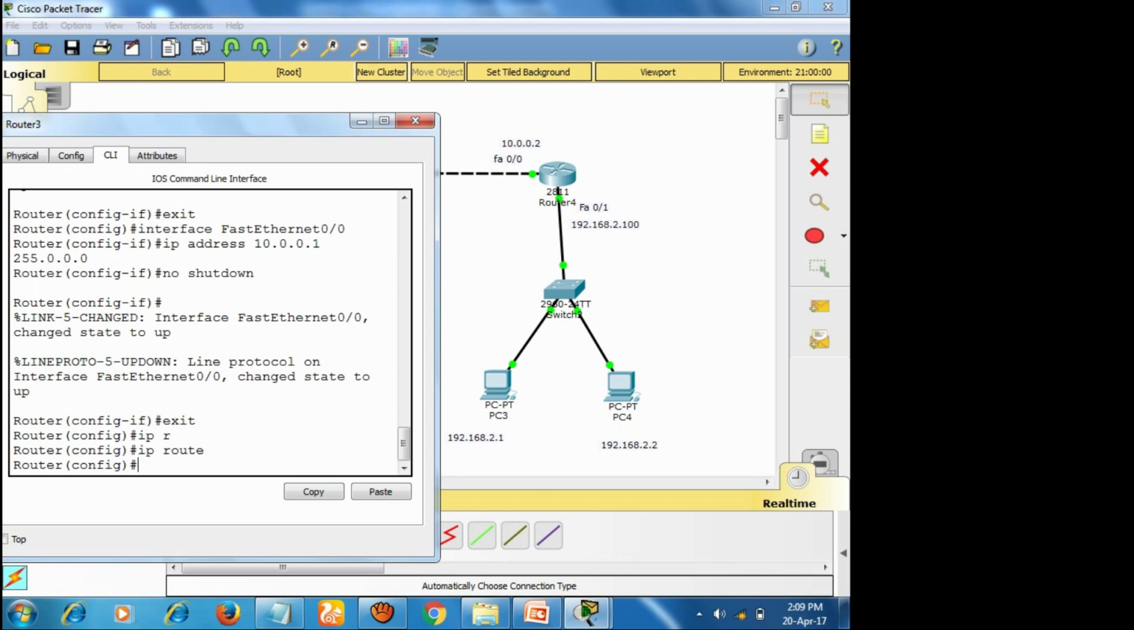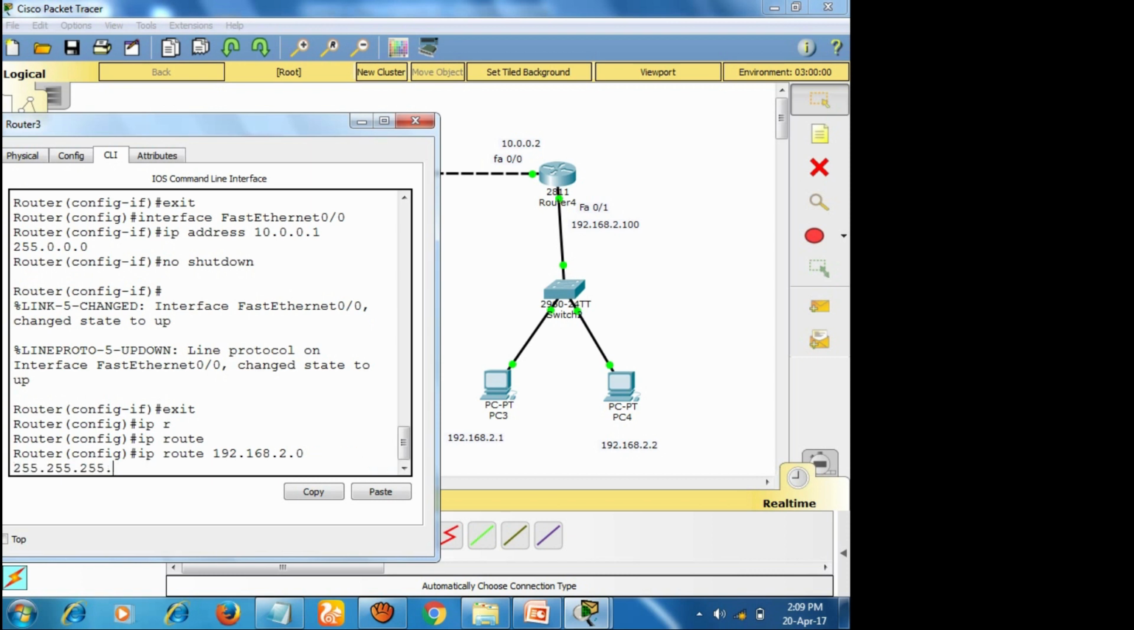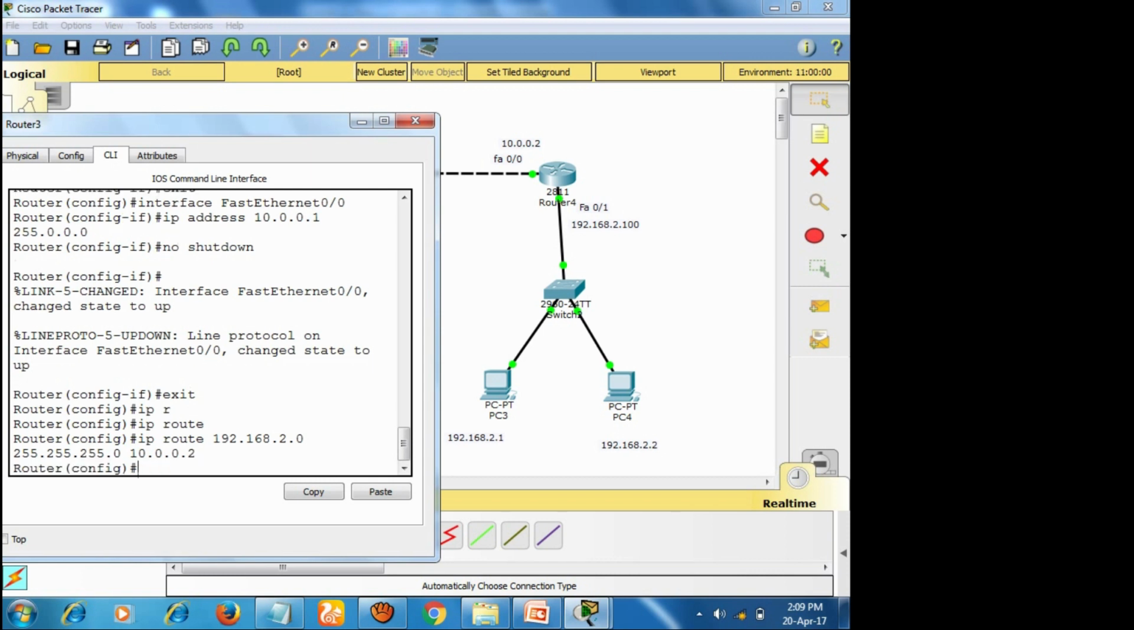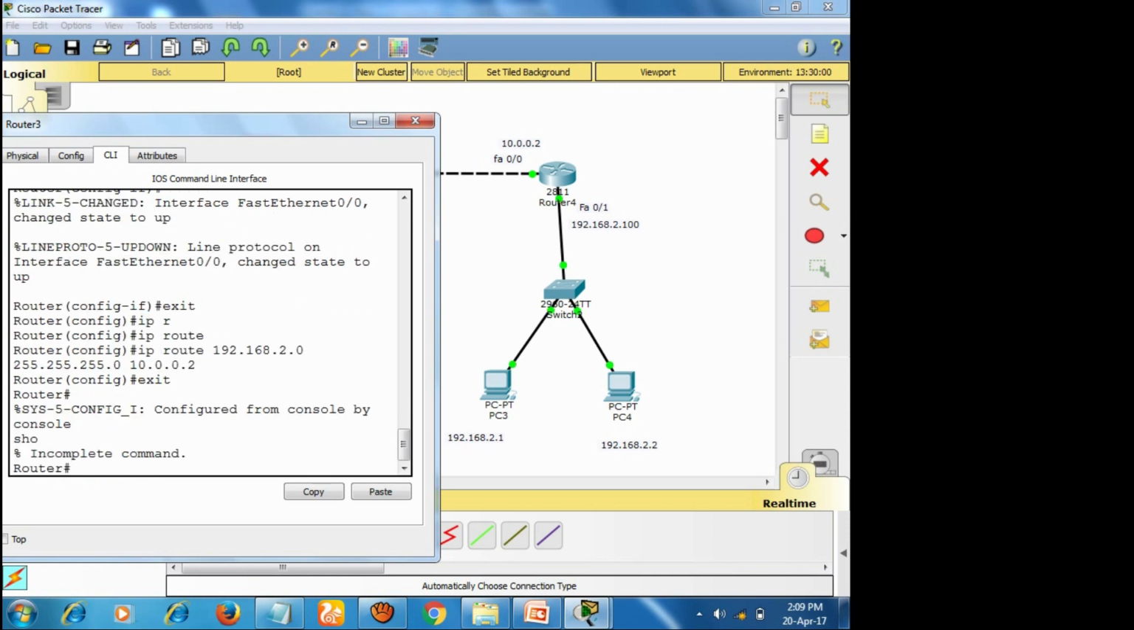IP route 192.168.2.0 255.255.255.0, and the next hop address is 10.0.0.2, right? If you go by way of 10.0.0.2, then you can reach 192.168.2.0. That's it, right? For an example, you can check show